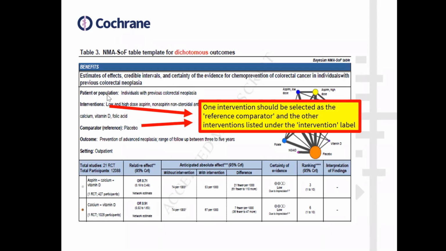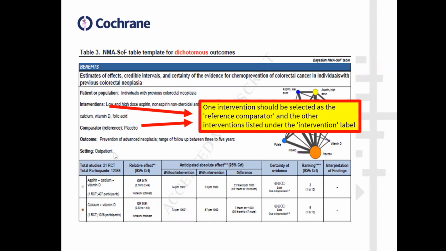So you list your patient or population, as you do in standard intervention reviews, the interventions, so you list all of the different interventions that you're considering, the comparator, so here we're comparing to placebo, and the outcome as well. So this is prevention of advanced neoplasia, with the range of follow-up being 3 to 5 years,